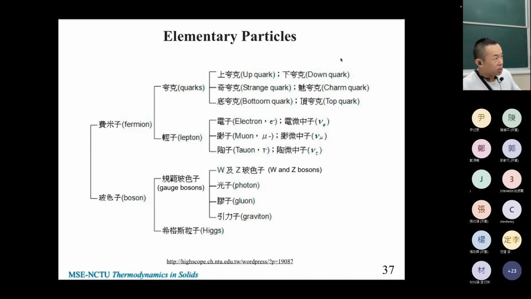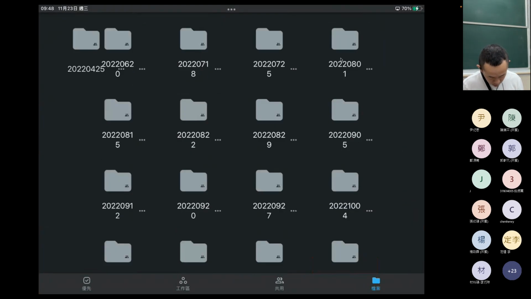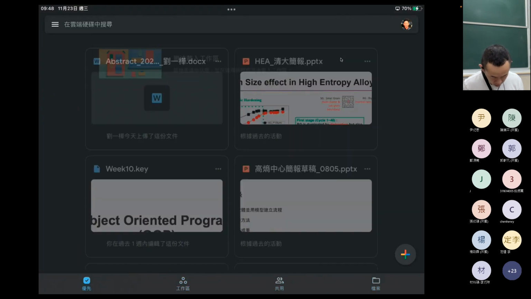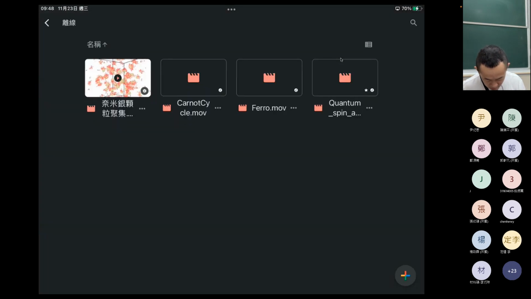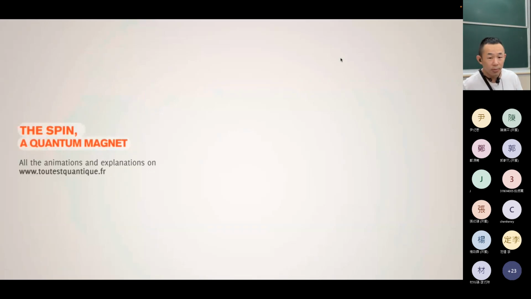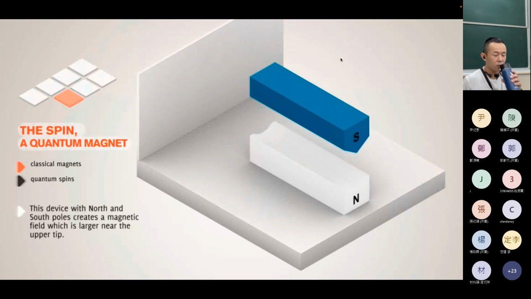OK，好，总之就是自然界有这样子的现象，它有很多种不同的颗粒。然后电子的话就是 fermion，然后光子的话就是 boson。好，就这样。